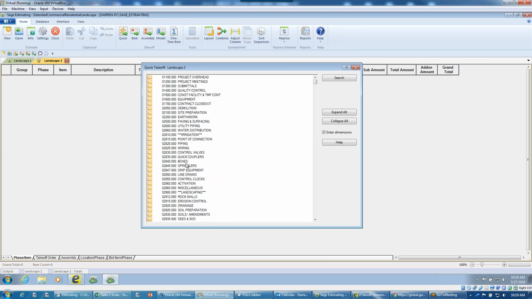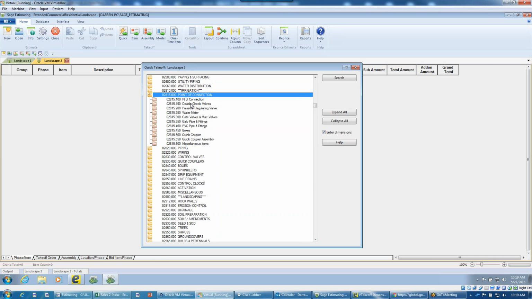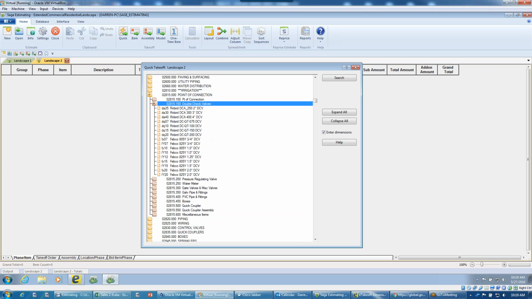So in here, the structure of the database, like I said, is really, guys, kind of up to you. I mean, matter of fact, if you bought this database, you can organize it in a manner that suits your needs and be able to view it in that way. But as I look down here, water distribution, utility piping, as we move even further, we've got point of connection, so your backflow preventer and what you're going to be working with. We used to work with NIBCO and the double check valves that we used to work with there, but we can have these particular items there for us. Looks like Rainbird is, oh, it was Febco is what it was. I thought it was NIBCO as well, but